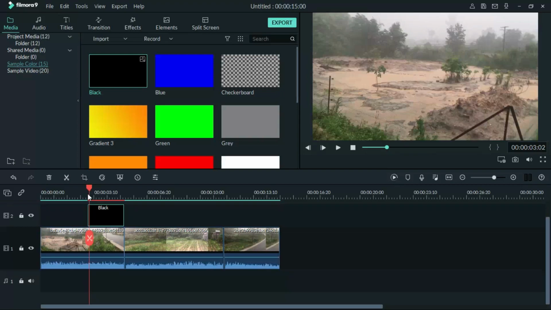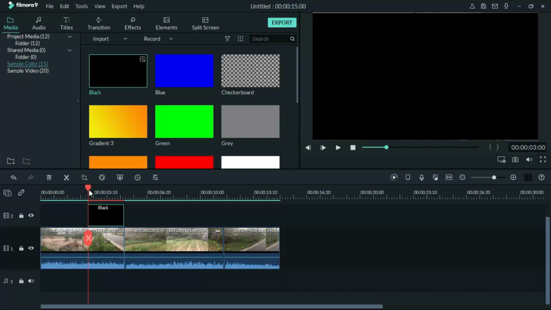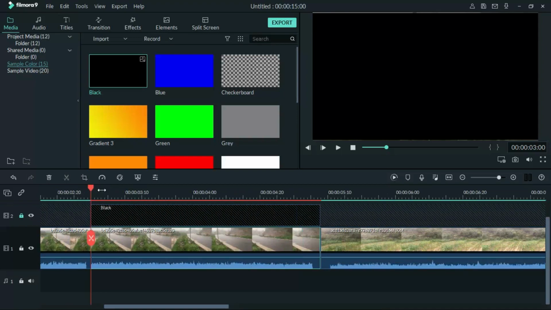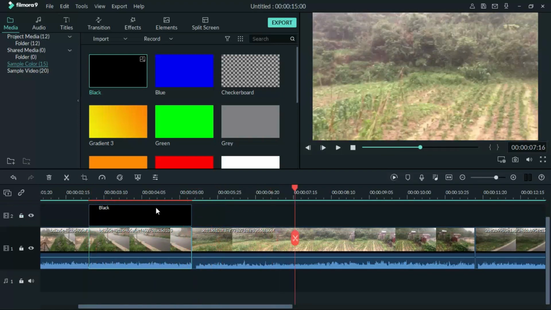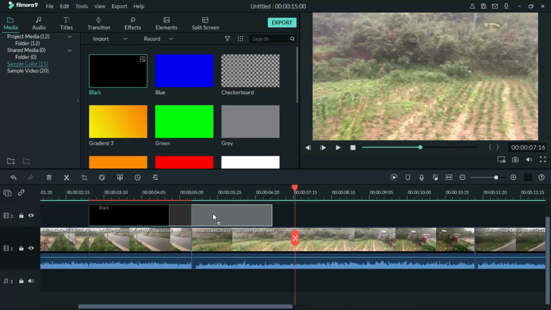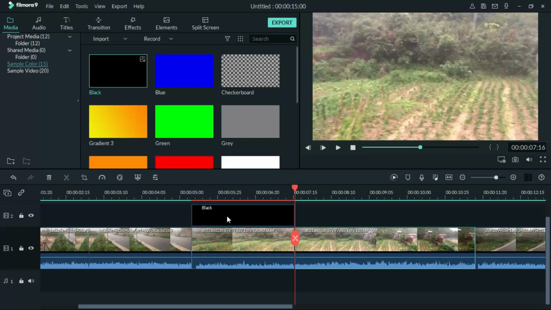Okay, so here's what we're going to do. We're going to keep it here. We're going to grab our playhead right there, trim the bottom clip. We're going to lock this clip, actually no, we're not going to lock that, sorry. We're just going to grab and hold, and we grab it right here. Okay, my playhead was practically there. Okay, and now we grab this bottom clip and we trim that,